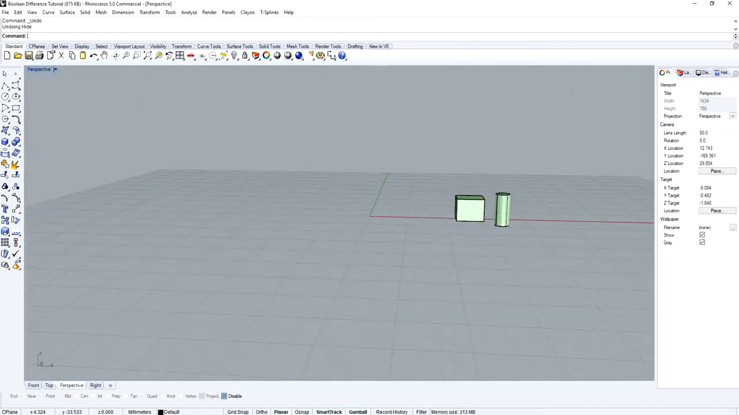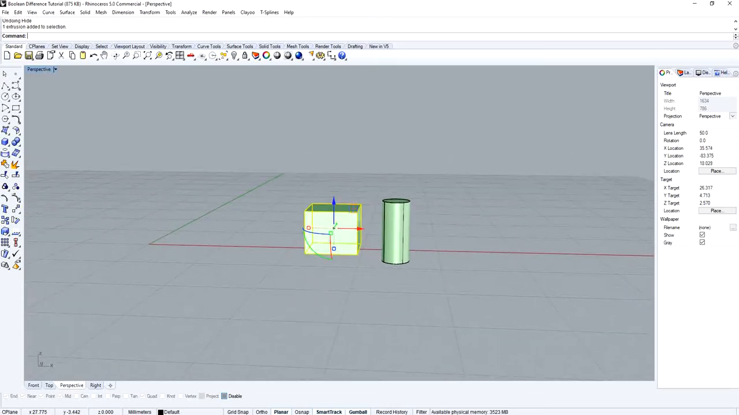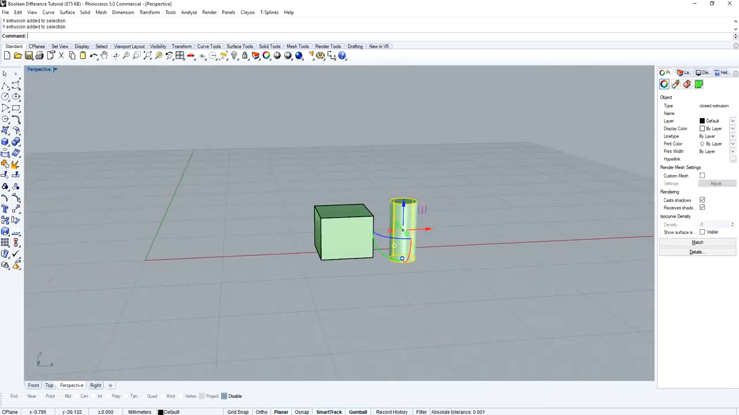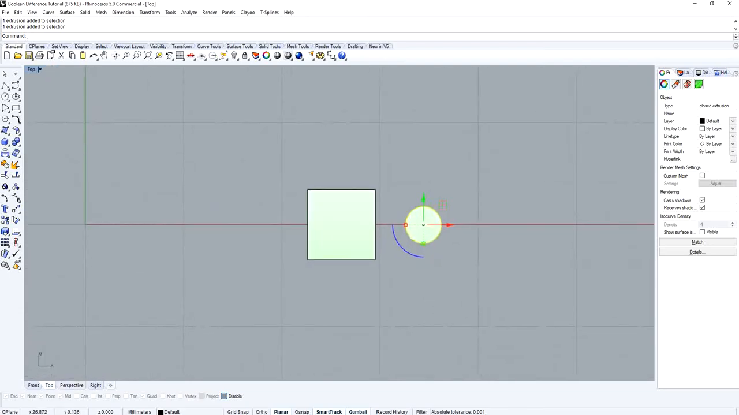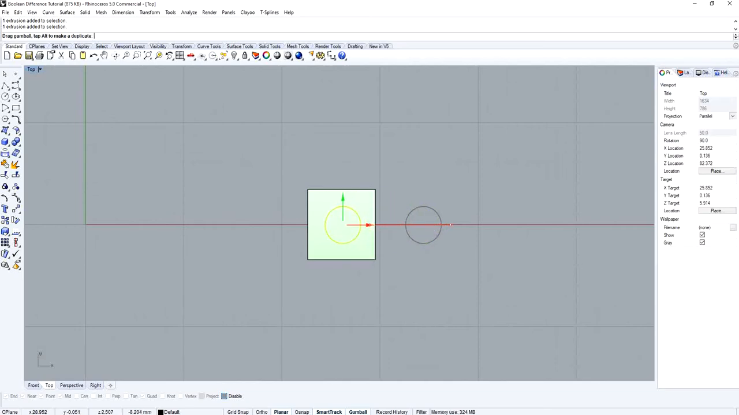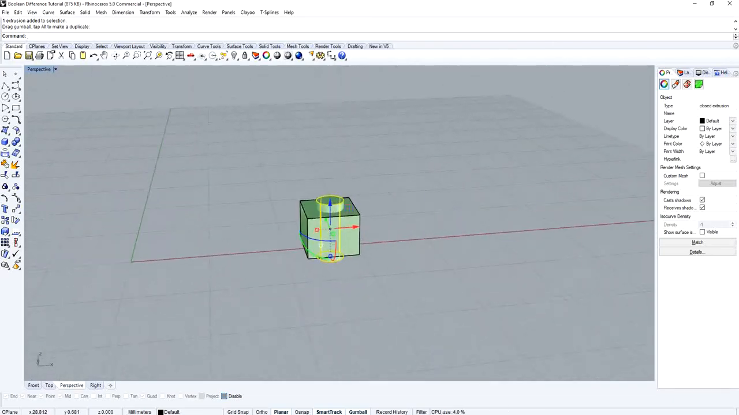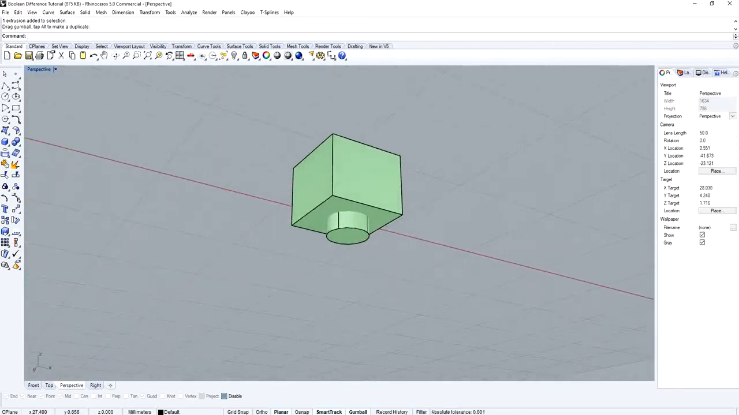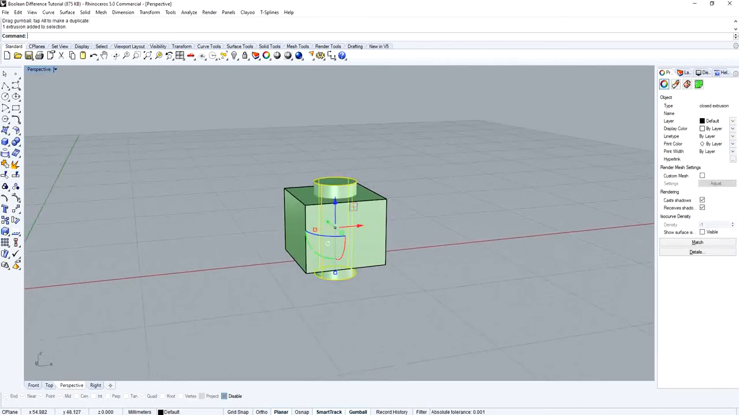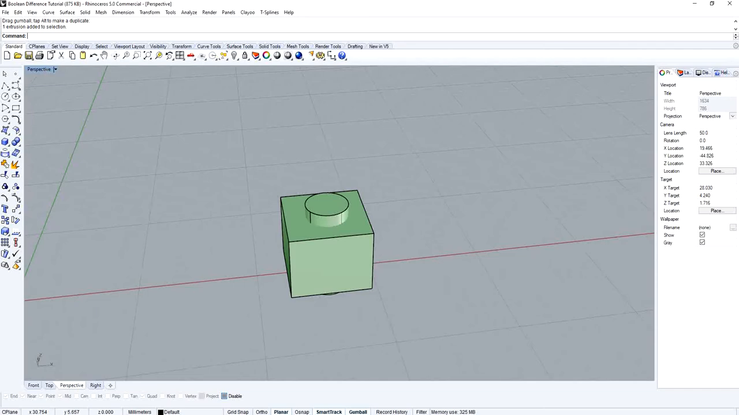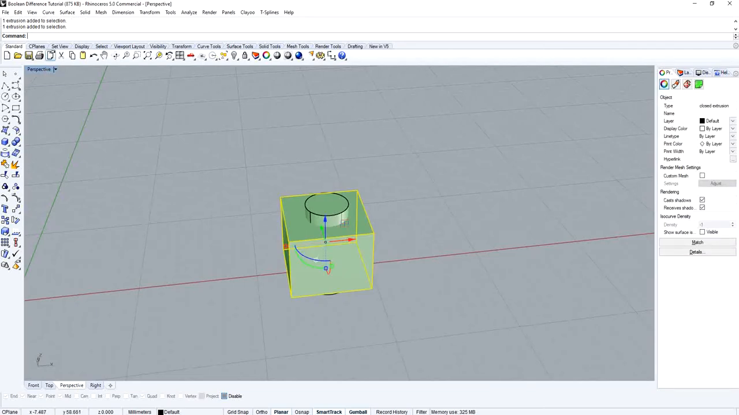So I have taken a solid block, a cube and a cylinder. Suppose I need a hole here. I want to make a hole from this cylinder. So what will I do? I will place the cylinder here. Let's go to the perspective view. See, the cylinder is going across this cube, and now I will select the cube, and in the command box